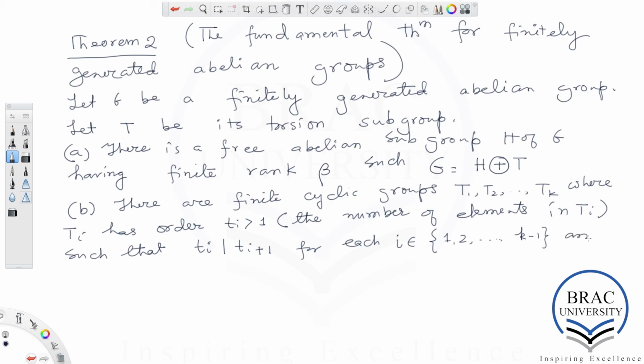And this torsion subgroup T can be written as a direct sum of these k subgroups of the torsion subgroup.